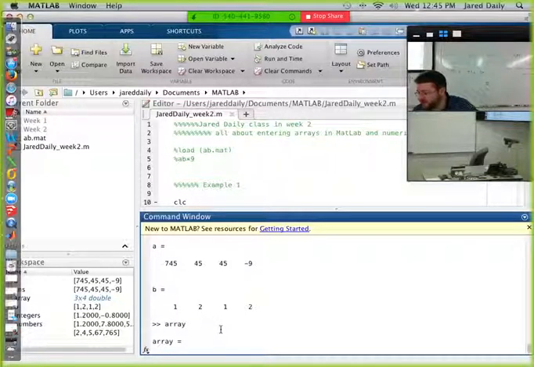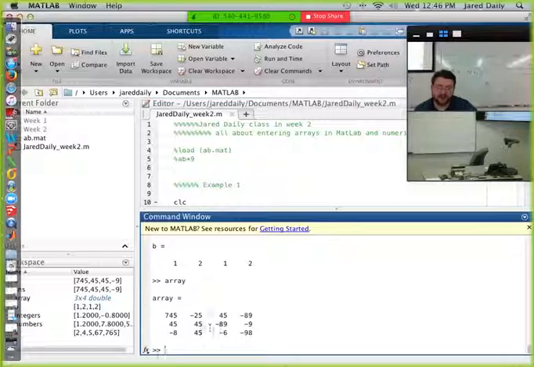So now we've learned what max does in two instances. There's another instance we can use max. Yeah, so the other one that we can use is this one. If I take the max now of array,